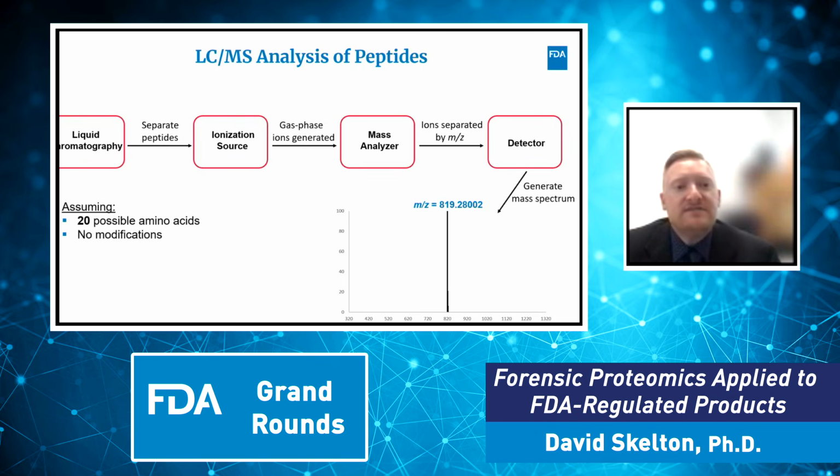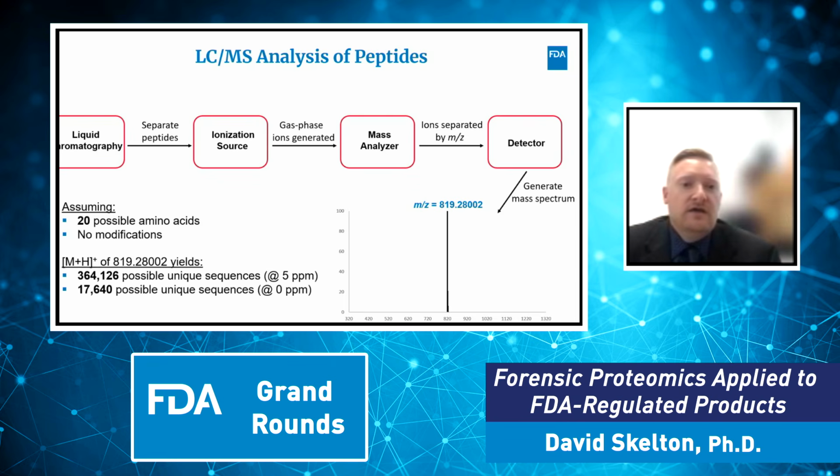Based on just the mass alone, if we assume this is composed of only the 20 possible amino acids and there are no modifications present, then even if we are utilizing a highly accurate mass spectrometer that has a mass error of no more than 5 parts per million, we have over 360,000 possible unique amino acid sequences that could be attributed to that mass. So the way we determine which of those 360,000 sequences is the correct one